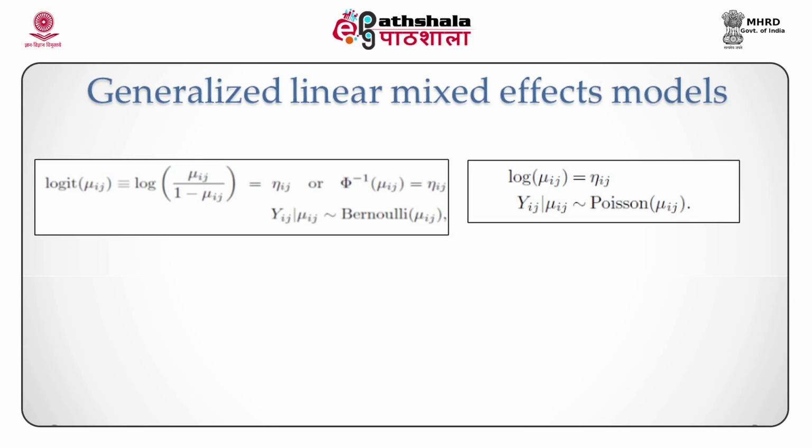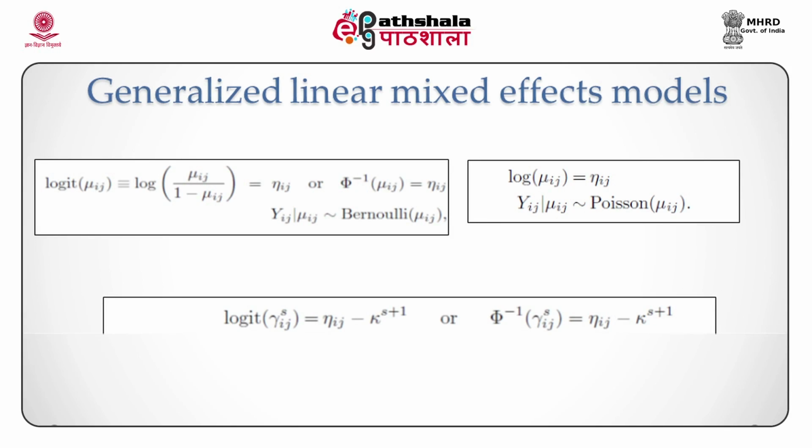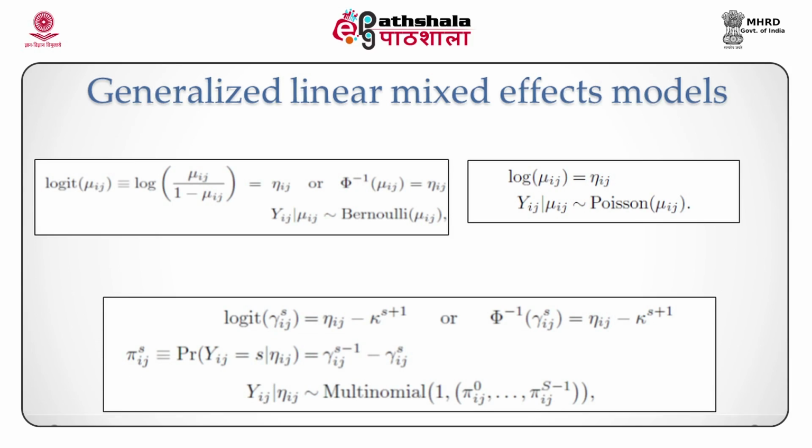We can also generalize this further to introduce the concept of categorical data. So instead of a binary outcome, we have a categorical outcome, and we can model this by assuming, for example, the logistic model. So logit of gamma ij s is equal to eta ij minus kappa s plus 1, or the corresponding probit model, phi inverse of gamma ij s equal to eta ij minus kappa s plus 1,